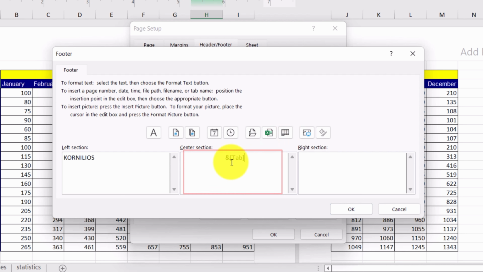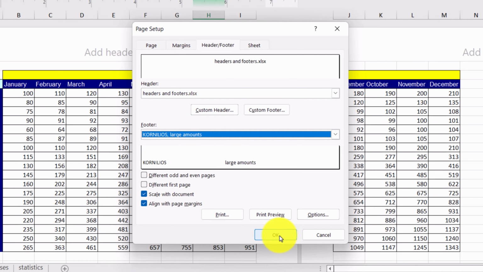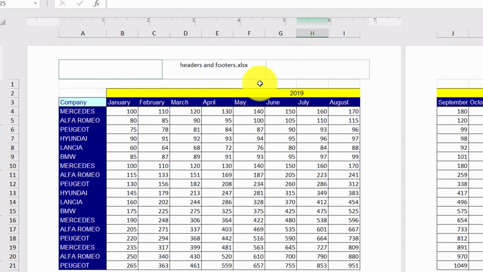The word Tab appears enclosed in brackets instead. Excel will replace this text dynamically and show the name of our sheet. So even if we change the name of the sheet, the footer will be refreshed automatically. If we click on the OK button, we will see the name of the sheet appear in the center of the footer. Here we can see what's selected to be shown on the header,